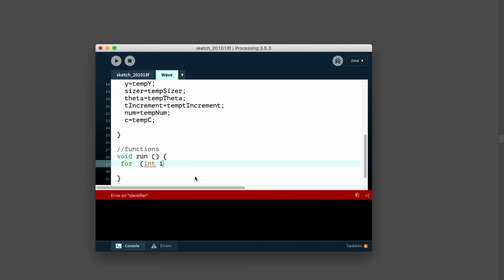So I have i equals 0, while i is less than or equal to the number of things I have, i plus plus,